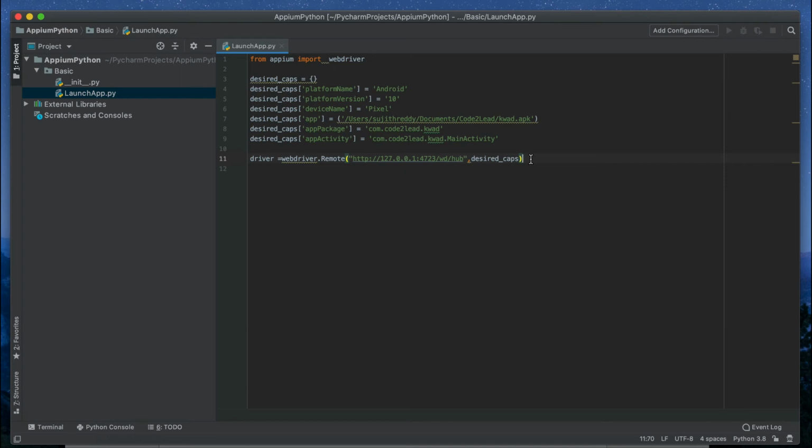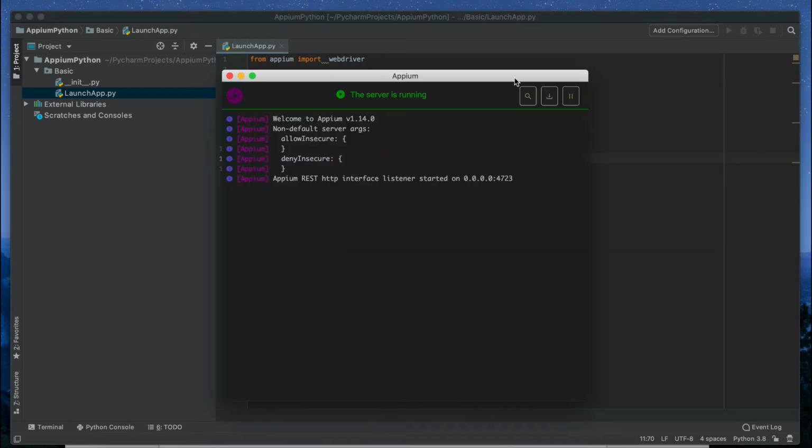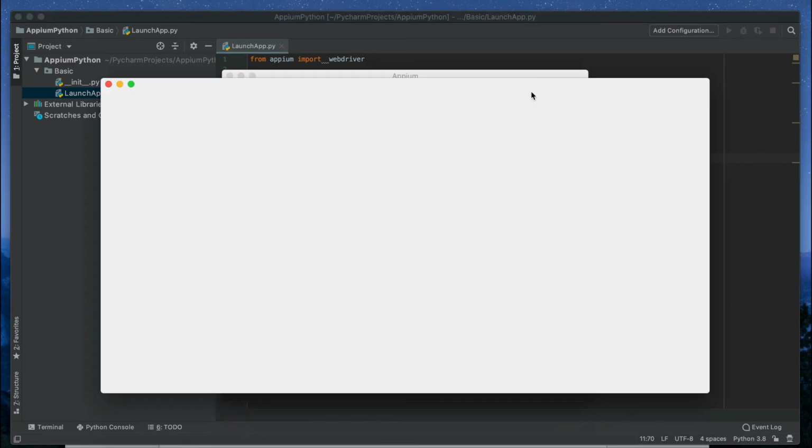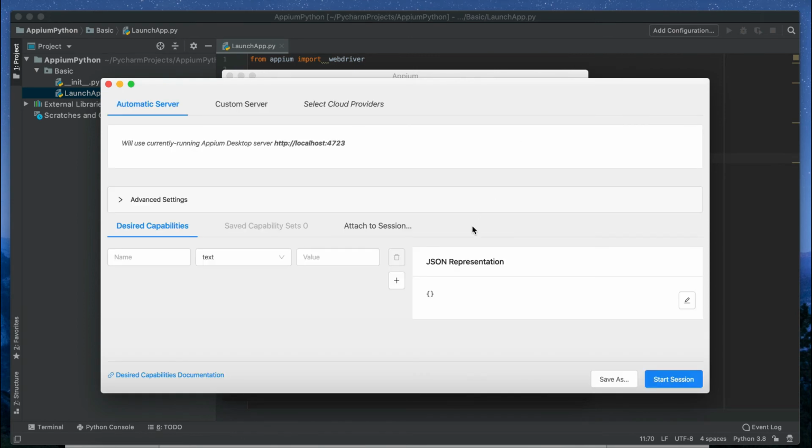And now we need to click on the element of whatever app it is, so open the Appium inspector. In the JSON representation, give the values that we previously saw in the Appium inspector video.